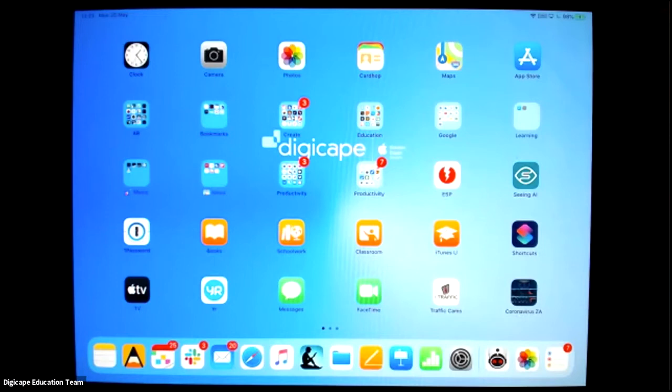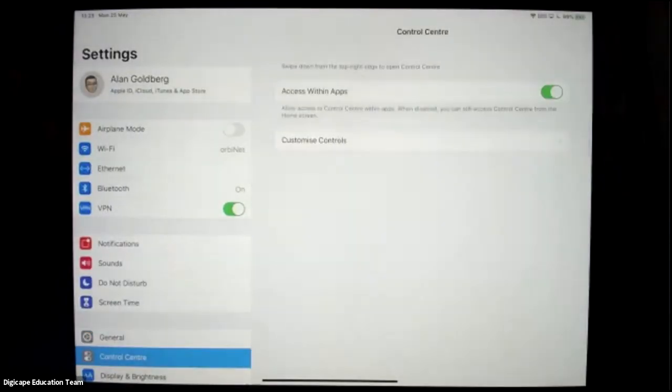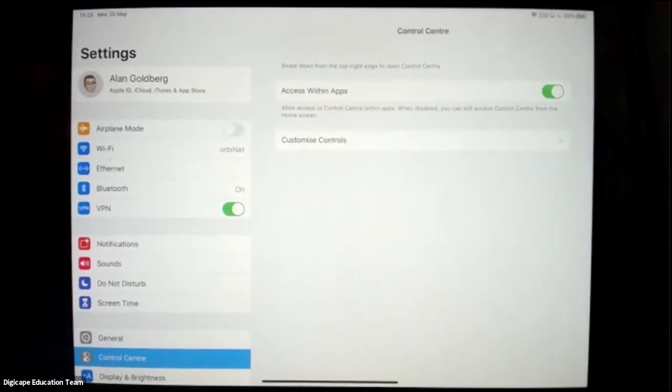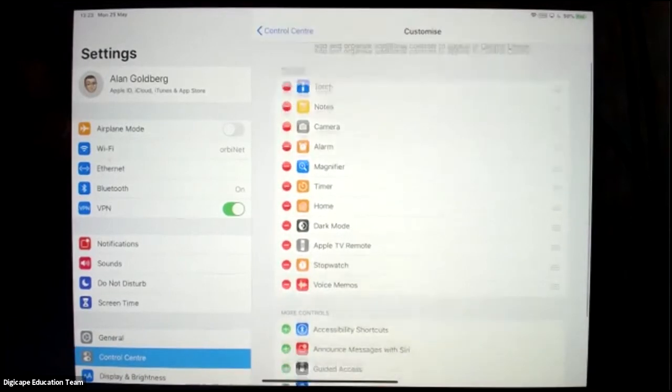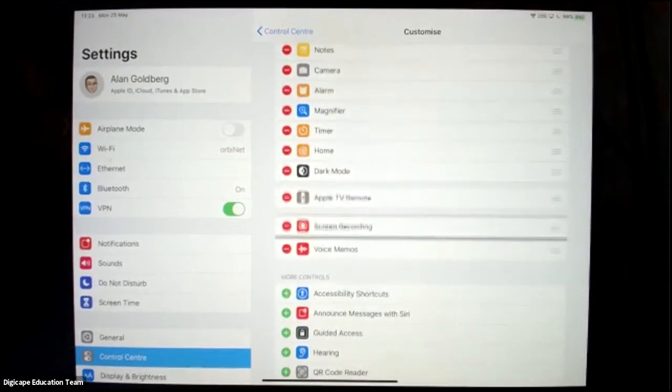Okay, so the quickest way to record your screen is through the control center. So I'll come to my control center, and there's no screen record tool there. So what you have to do is, firstly, you go to your settings, you go to control center, and where it says customize controls on the right, you take the screen recording tool and you add it to your set of tools. You can adjust where it lives inside it, but I'm going to leave it at the bottom at